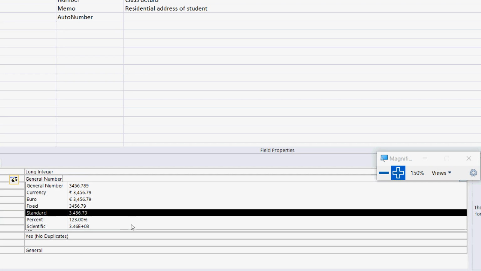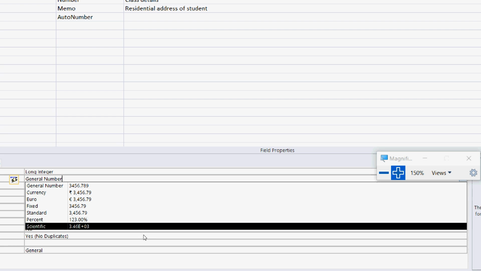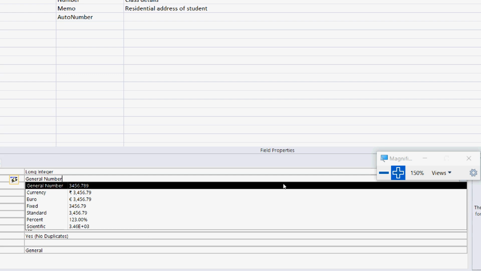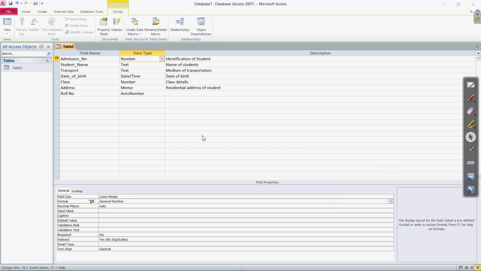If there is lakh, thousand or million, billion form, this also can be represented using the comma. If you are writing any number like the percentage of student obtained, this can be ended with the percentage. If there is the exponent form, for that we are having the scientific representation. Clear? So this way we have seen the different formatting of the different data types. I hope this is clear.